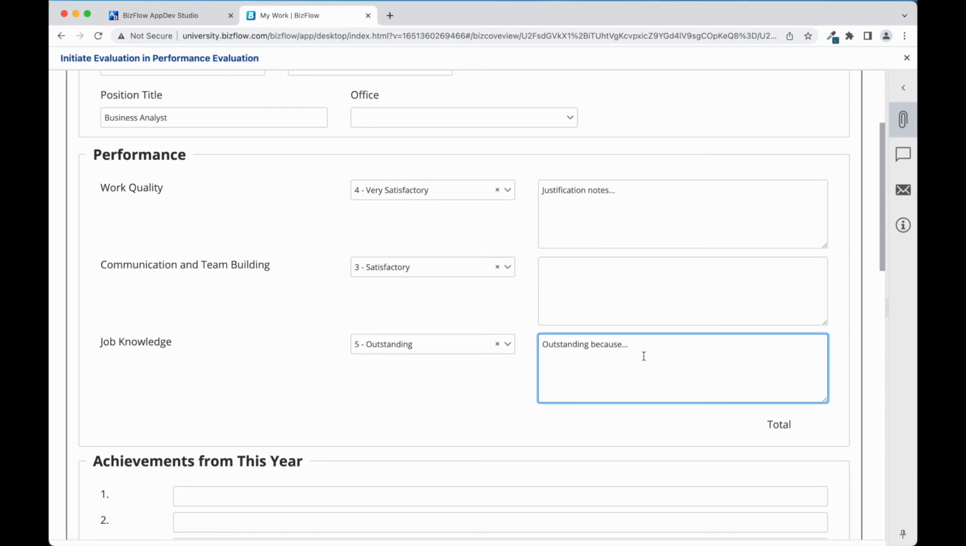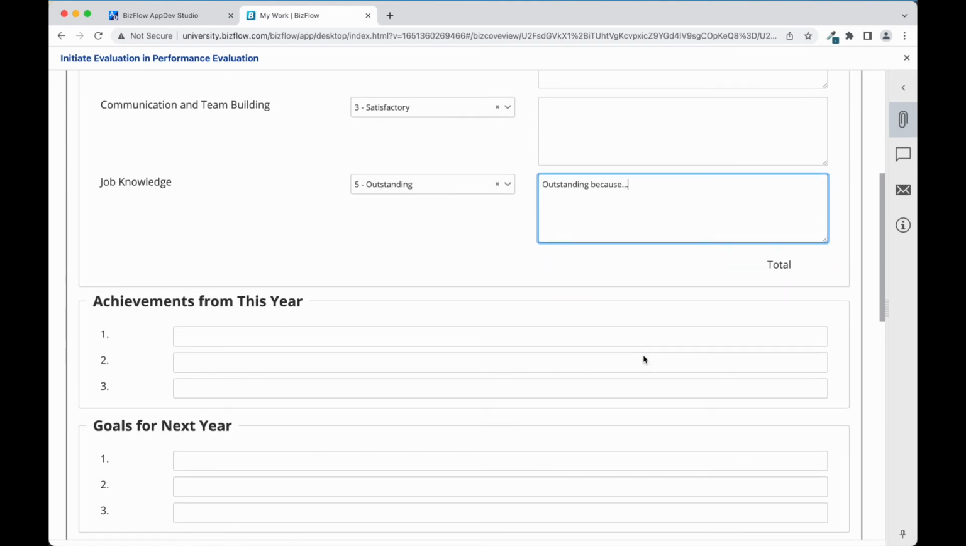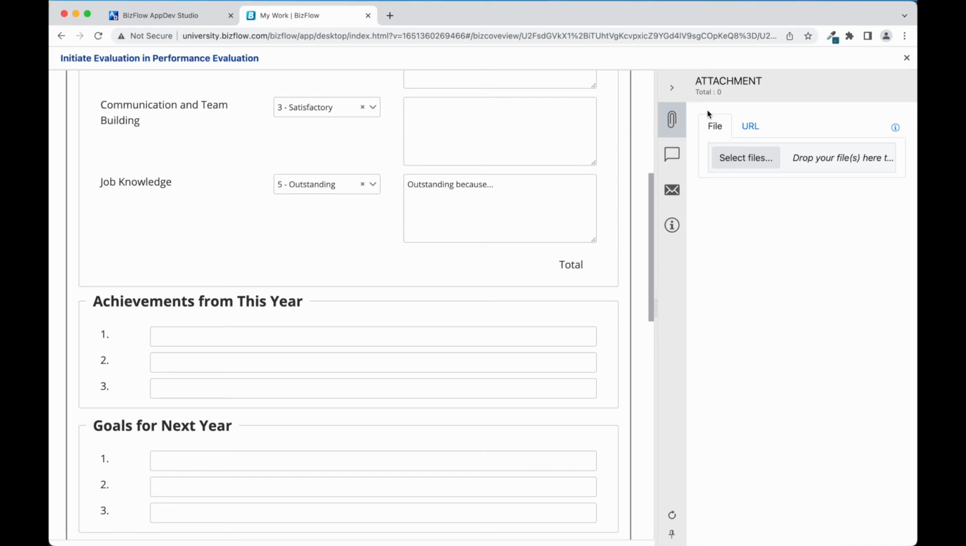So scrolling further down, I can also add 3 achievements and accomplishments from this past year, as well as 3 goals for the next year. Now, in addition to all the fields on the actual form, we have some out-of-the-box capabilities available to us through the Work Item Handler features on the right side, and I can actually expand this window here by clicking on